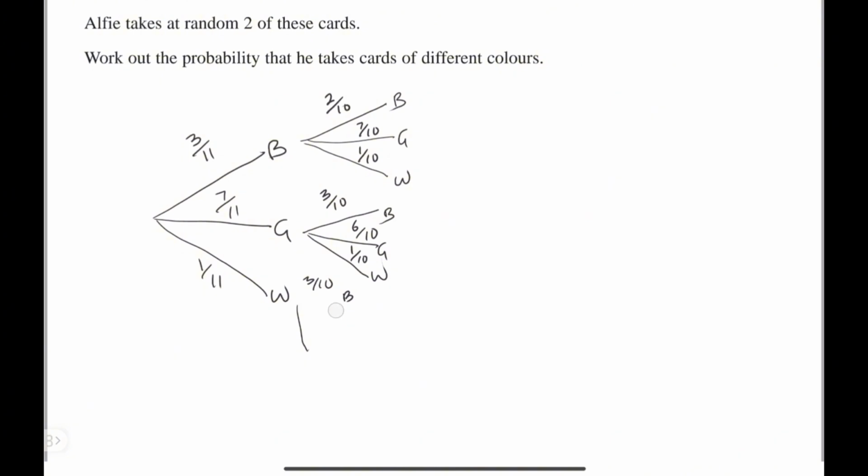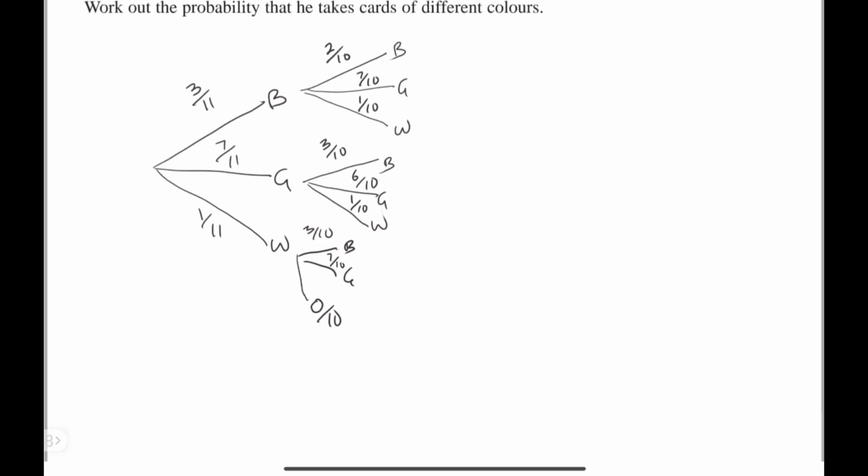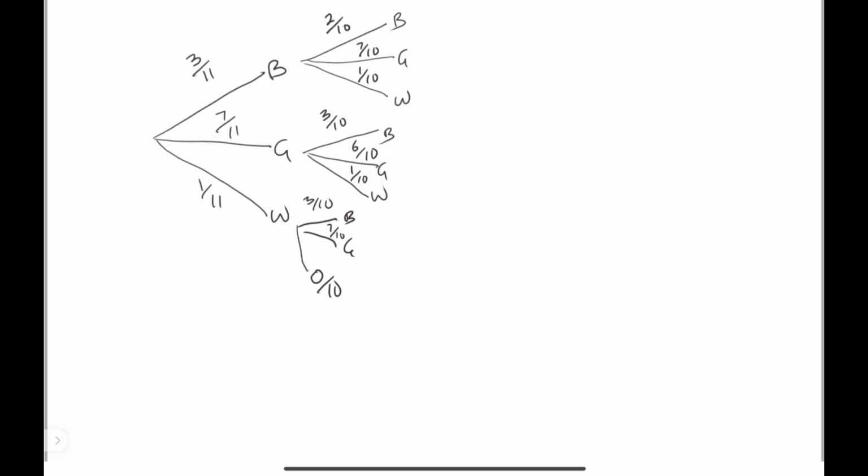No, green is going to be 7 out of 10, and since white has been taken, that will just be 0 out of 10. So the probability of taking the cards of different colors: first of all, we can have blue green, which is this way or this way. So that would be 3 over 11 times 7 out of 10 plus 3 over 11 times 1 out of 10. So that probability plus we can take green and blue or green and white,